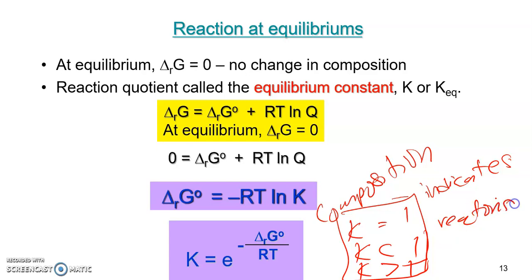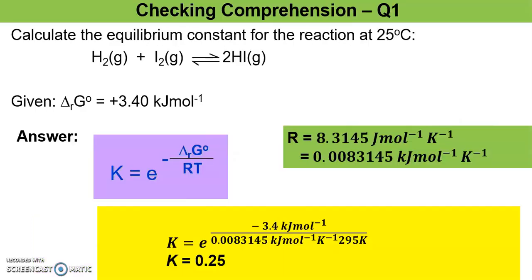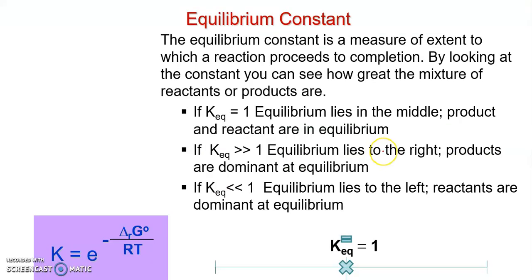So let's see. The equilibrium constant is a measure of the extent to which a reaction proceeds to completion. So by looking at the constant, we can state how the reactant and product interact in the mixture. For example, let's say we calculate it and we get a